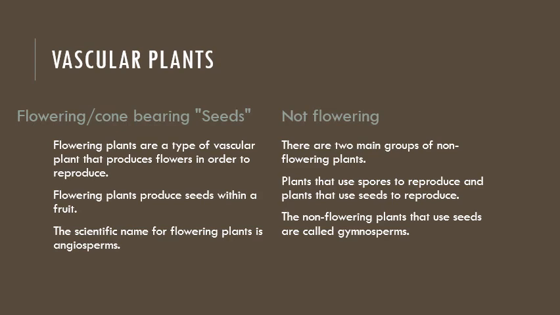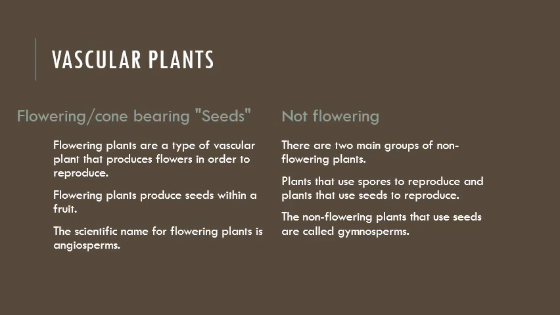they are an angiosperm because at one point in time that plant had a flower just like a rose. A rose is an angiosperm because there was a flower. So that's a very, very common type of plant, a type of vascular plant. And then also we have vascular plants that are not flowering.